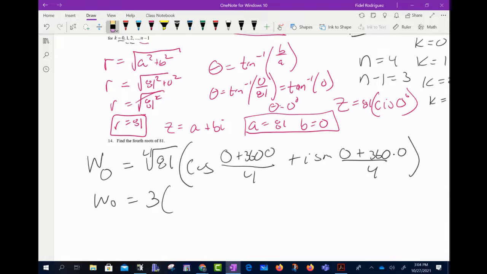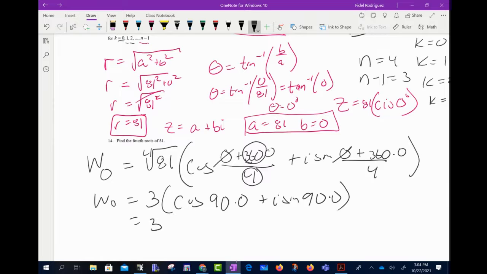Cosine, so we already know that our theta is 0, so I don't really need to worry about that part. What's 360 divided by 4? 90 times 0 plus i, 90 times 0,